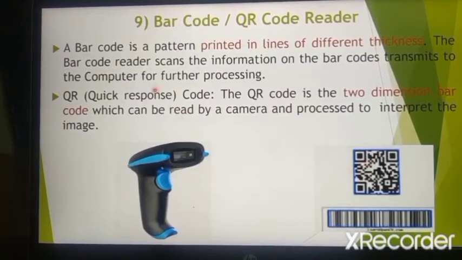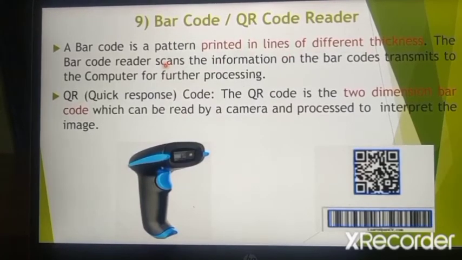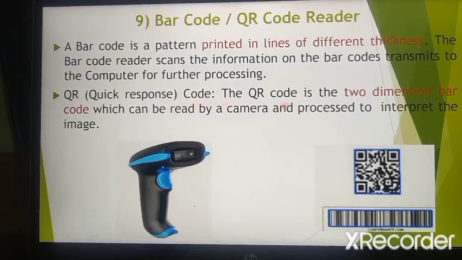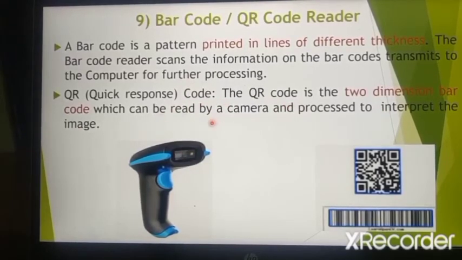So a barcode is a pattern printed in lines of different thickness. The barcode reader scans the information on the barcode and transmits it to the computer for further processing. Nowadays you can see a QR code reader in mobiles also. The QR code is a two-dimensional barcode which can be read by the camera and processed to interpret the image.